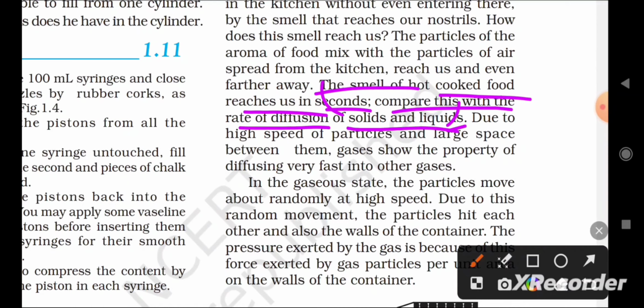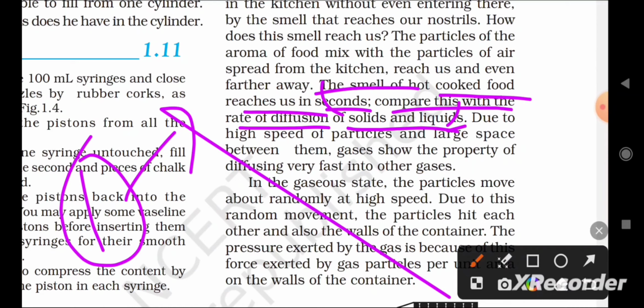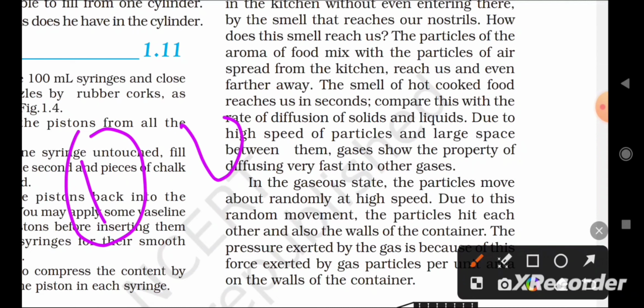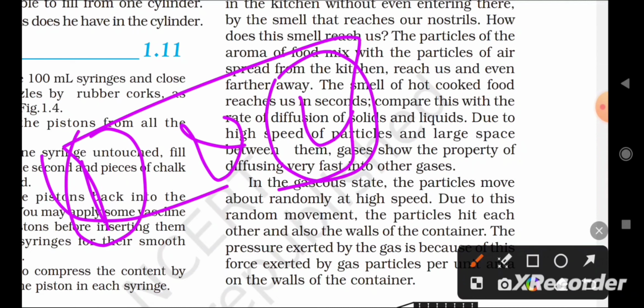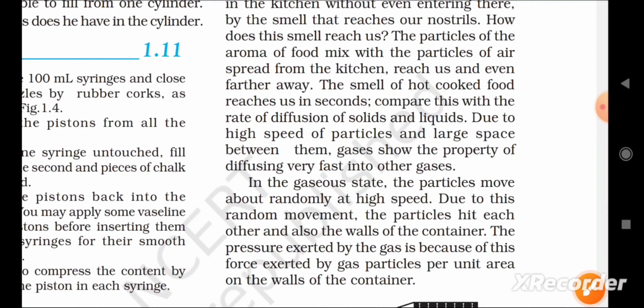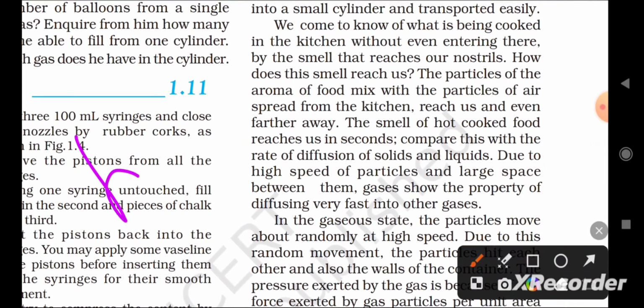So at the time of making the food, we can smell the food very rapidly, but after 1 or 2 hours we will not sense the smell of that food, because while it is very hot, we can smell it. After 1 or 2 hours you cannot smell the food, because at the time there was more heat,